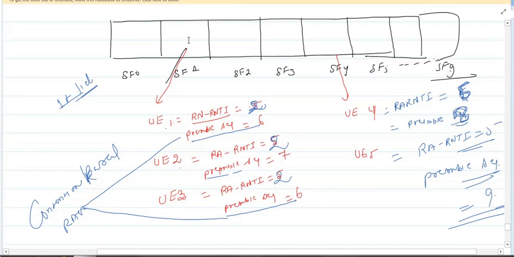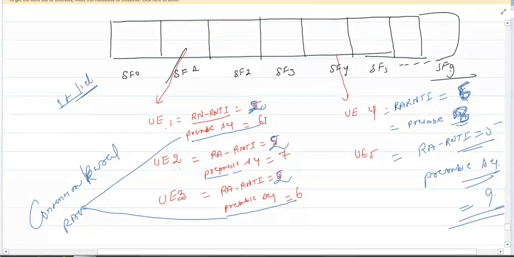Suppose what I said, once your Rach procedure has triggered, UE will transmit the Rach. Suppose UE is transmitting the Rach in this subframe 1. So if UE transmits the Rach in subframe 1, UE1, UE2, UE3, I'm saying multiple, because multiple UE can transmit the Rach at the same time. I'm assuming UE 1, 2, 3 are transmitting Rach at the same time. So obviously all the UE who transmit the Rach at the same time, same frequency time mapping,